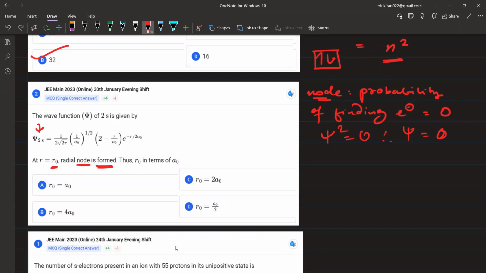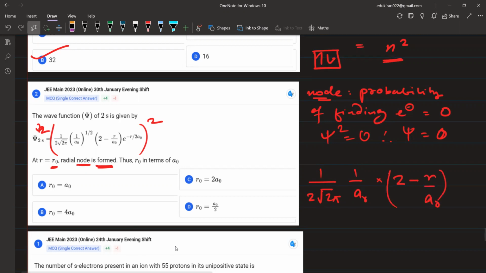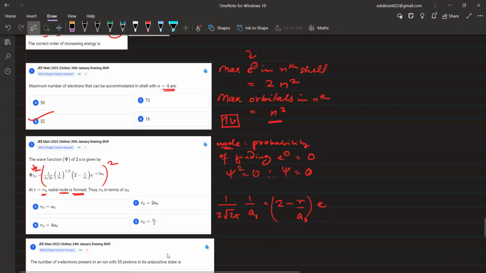साइन स्क्वायर 0, अच्छा एक काम कीजिए, साइन स्क्वायर को 0 कीजिए ना, तो इसको स्क्वायर कर दीजिए, दिस होल टर्म को भी स्क्वायर कर दीजिए। सो यू विल हैव 1/2 रूट 2 पाई इंटू 1/a0 का रूट था, तो रूट का स्क्वायर हो जाएगा, राइट? तो दिस विल बी एज इट इज मल्टीप्लाइड बाय 2 इंटू 2 माइनस r/a0 इंटू e टू द पावर माइनस r/2a0, ठीक है, इंटू 2 होल स्क्वायर था, इंटू 2 आ गया, तो यहाँ से ये भी कैंसिल हो जाएगा। नाउ यू विल गेट 1